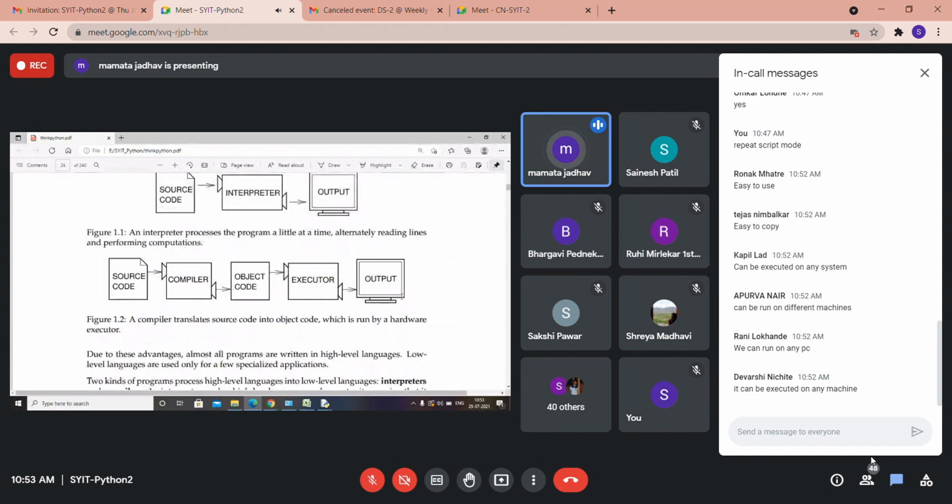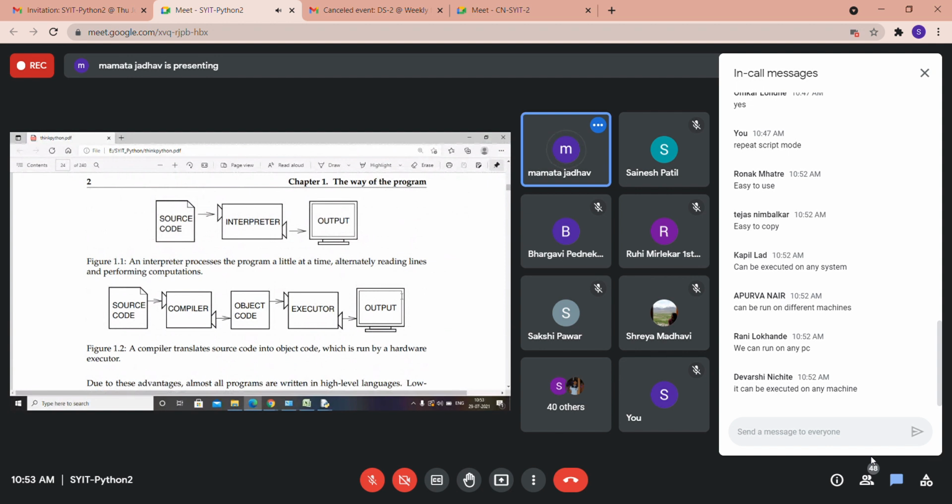Now over here the difference is given: you have source code, interpreter and output, and then you have a compiler in the second diagram. Can you tell me in brief what is the difference between compiler and interpreter?